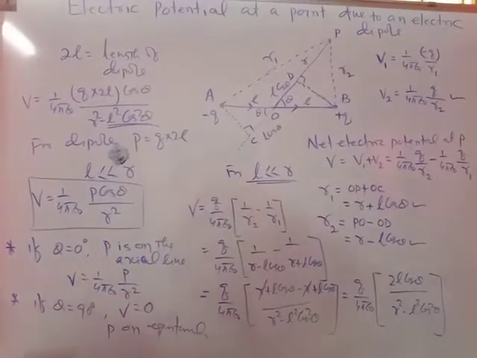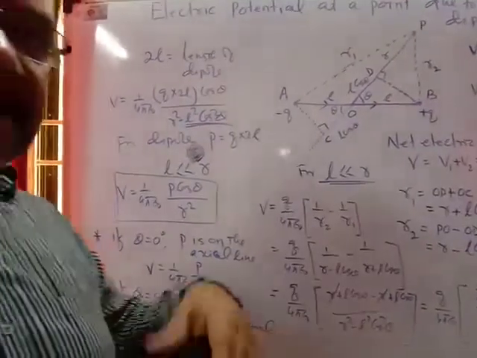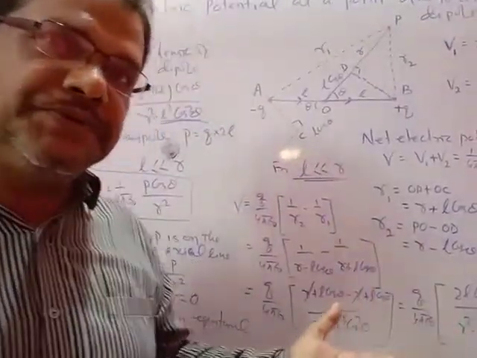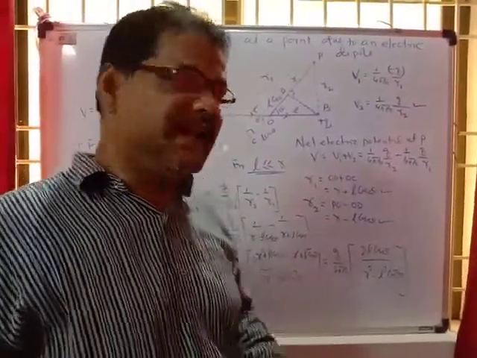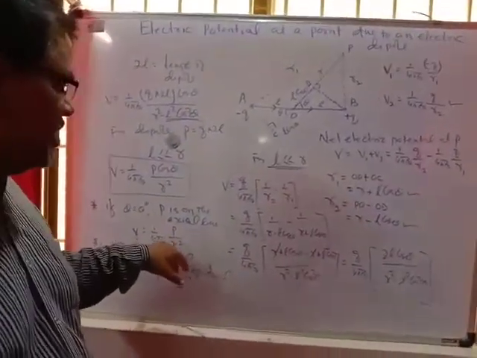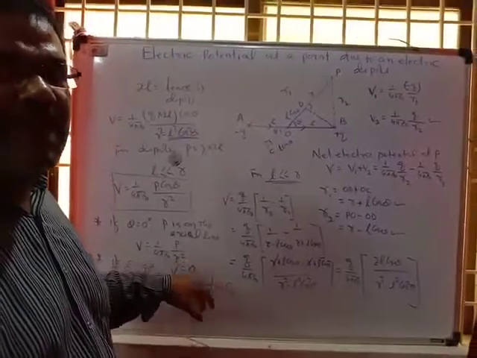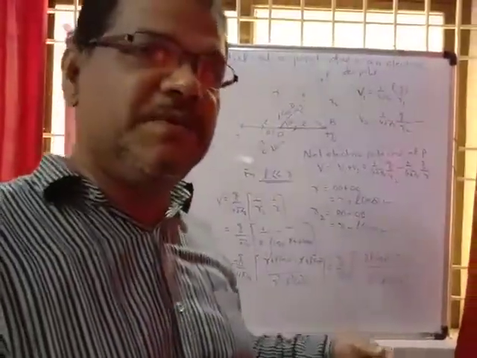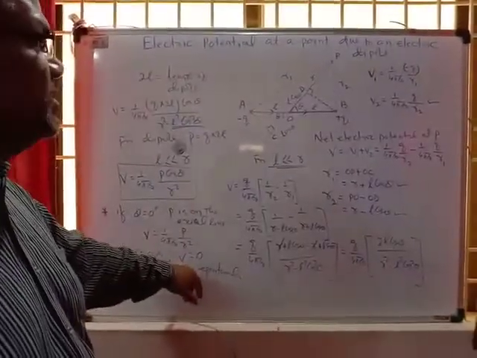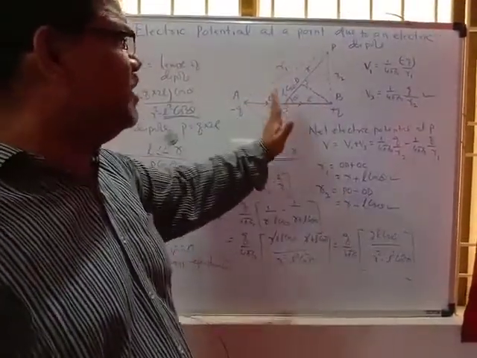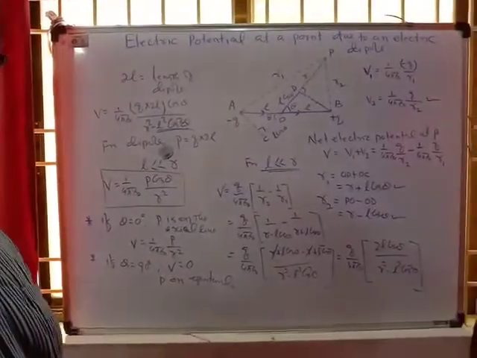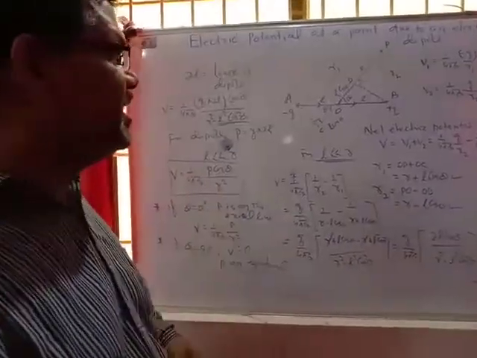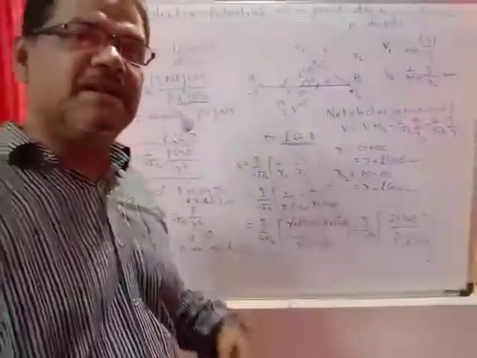Be careful for that. Whenever you are calculating the electric field intensity on the axial line and the equatorial line, we can get the values. On the axial line, you are finding 1 upon 4 pi epsilon naught 2P by R cube, but the potential you are finding on the axial line is V equal to 1 upon 4 pi epsilon naught P by R square. On the equatorial line, you are finding the electric field intensity 1 upon 4 pi epsilon naught P upon R cube, but the potential you are finding is 0. So whenever the electric dipole is on the equatorial line, you are always getting the net potential equal to 0. And the general formula for the electric dipole is V equal to 1 upon 4 pi epsilon naught P cos theta upon R square.